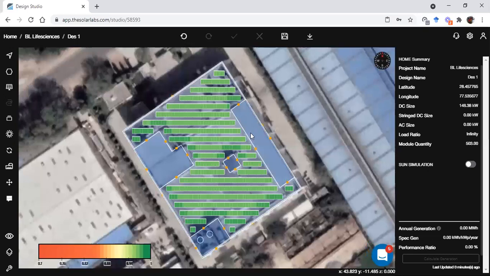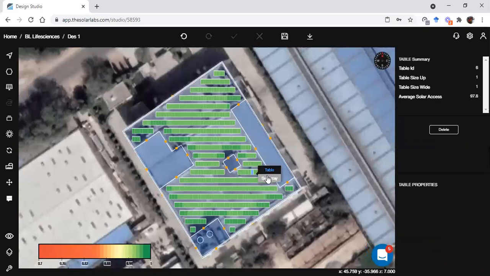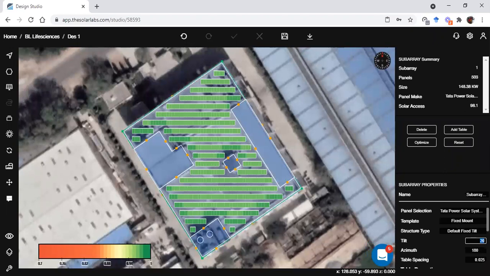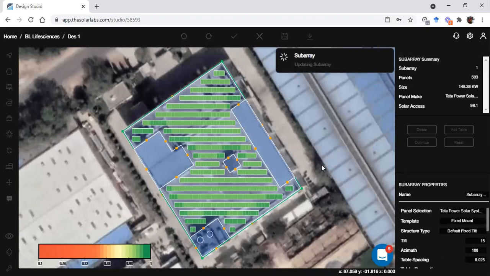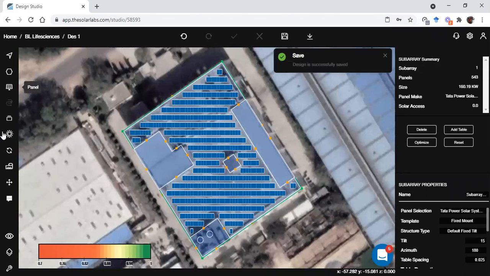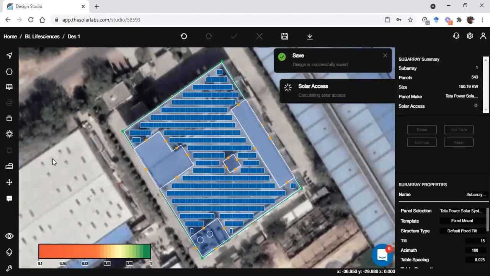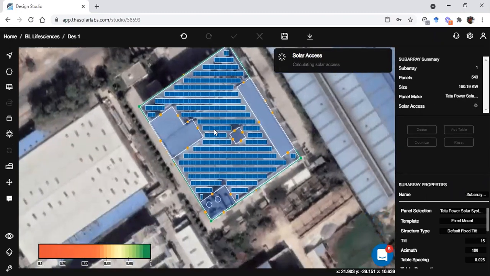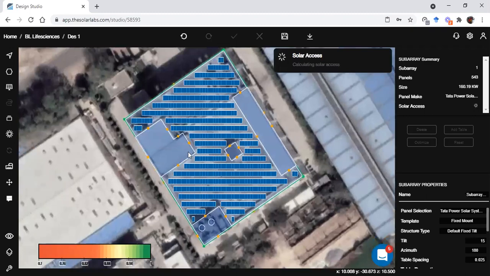Then you can check. Also, if you change the tilt, let's say right now they are at 20-degree, let's say I want them placed at 15-degree. So if I change the tilt and update, then once again if I check my solar axis, we'll see there will be some changes.